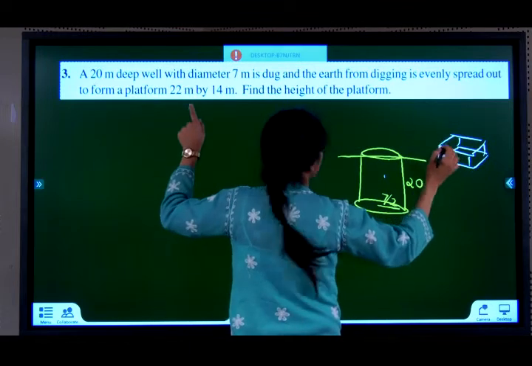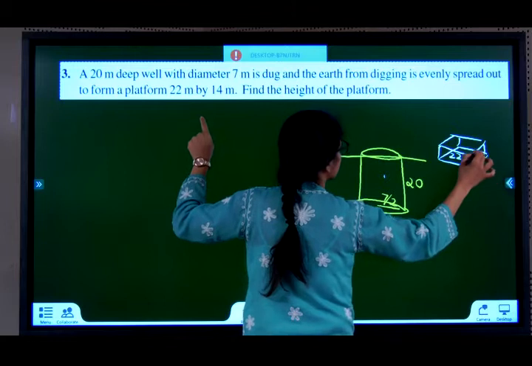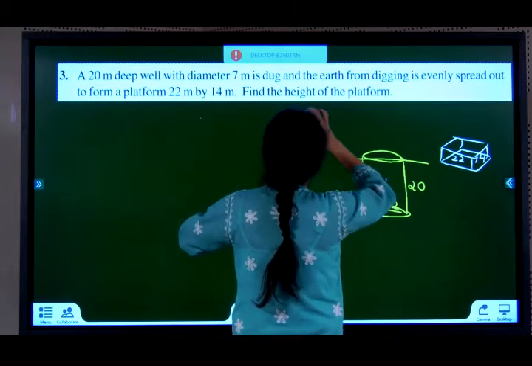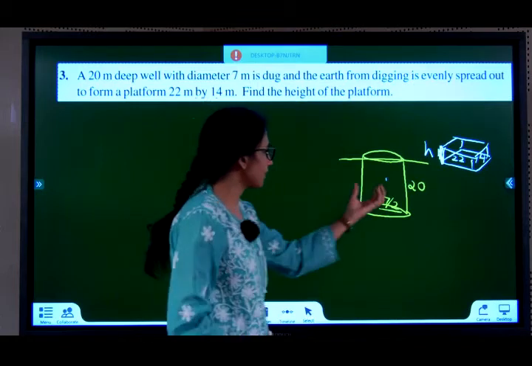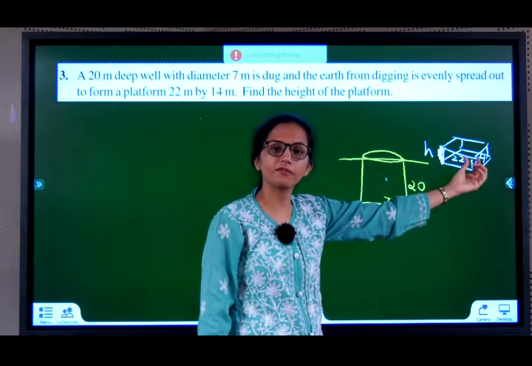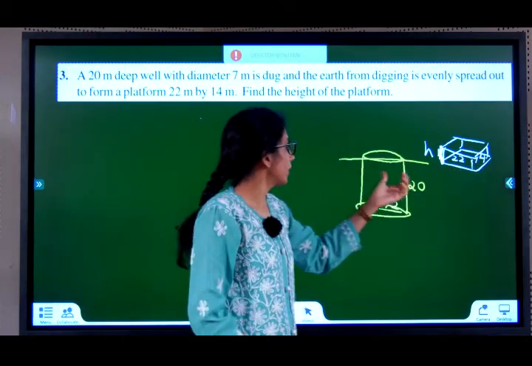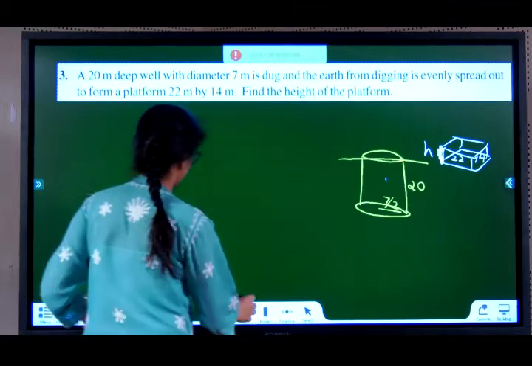Which is 22 meter by 14 meter. Find the height of the platform. They are asking this height. Whatever mud I dig over here, that mud only is going to be used for the platform. So this one's volume should be equal to this one's volume. So I can therefore say